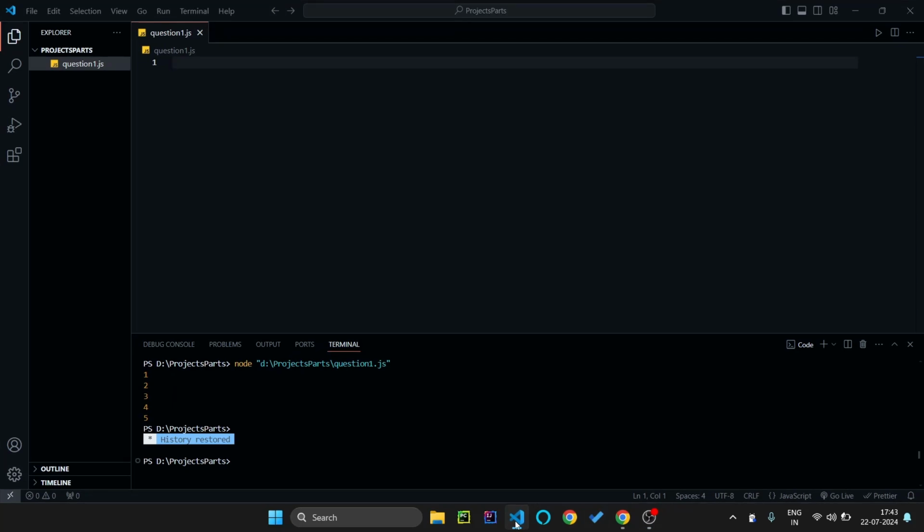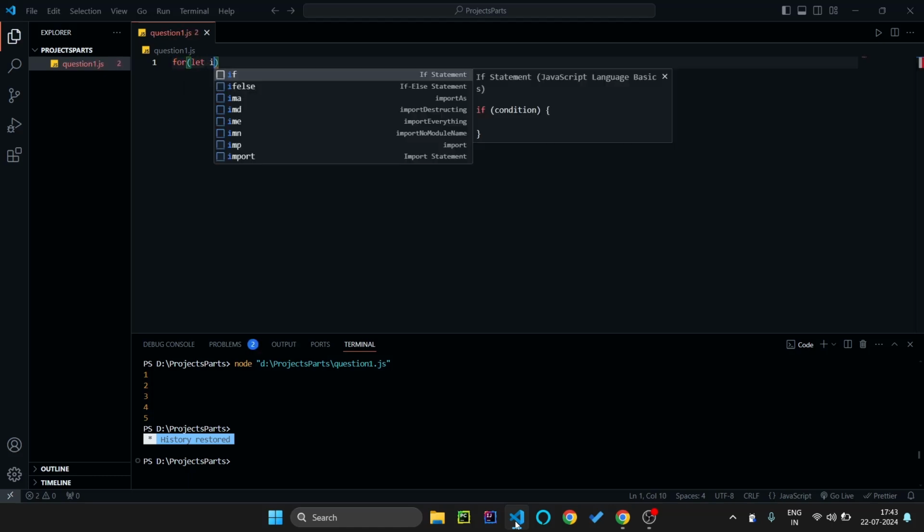So hey everyone, today we will see what is the difference between for in loop and for of loop. Both the loops are responsible to iterate an array and objects. So in this video we will see what is the actual difference between for in loop and for of loop. So the syntax for in loop is for let i in